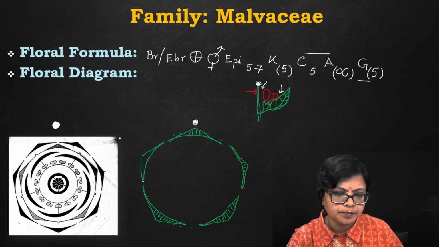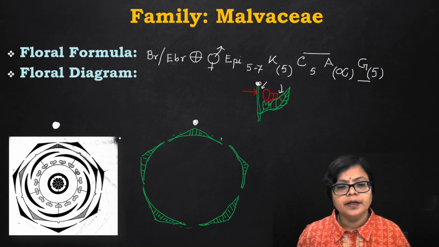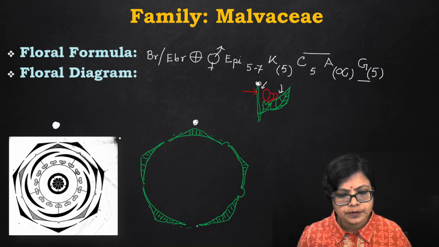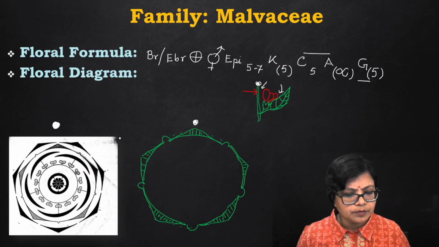Valvate estivation. Margins are not overlapping each other, present side by side. We have also learned gamosepalous, how to express by drawing this loop. That means the sepals are united. Now the next we have to draw